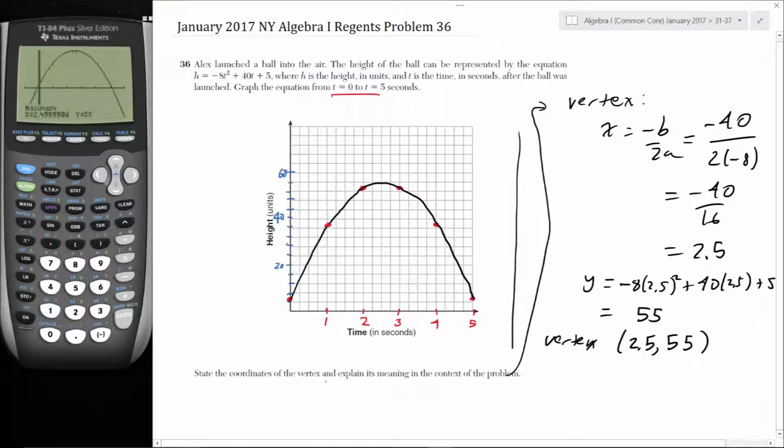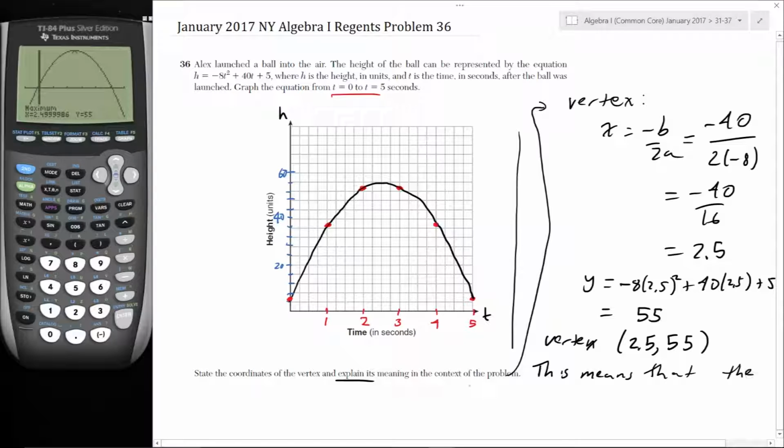Now, what is the meaning of the vertex? Explain the meaning of the vertex in the context of the problem. This means, remember that the horizontal axis is time, and then let's put a T here and an H here. And the vertical axis is height. So the fact that this is a height and a time means that this is the height of the ball at a specific time, and specifically it's the maximum height, right? So this means that